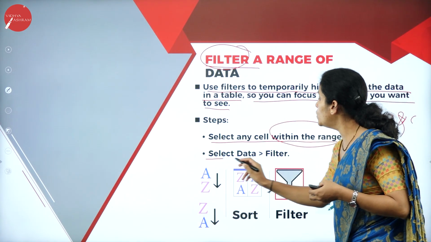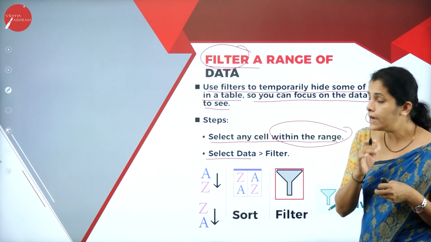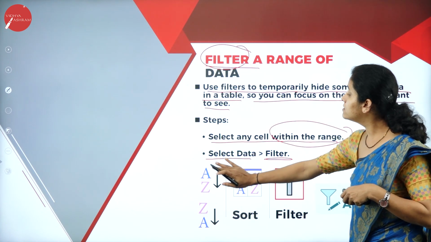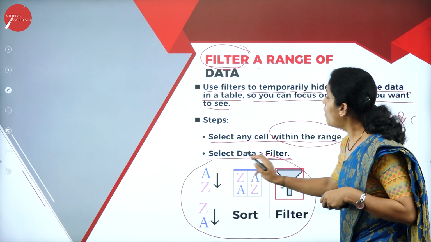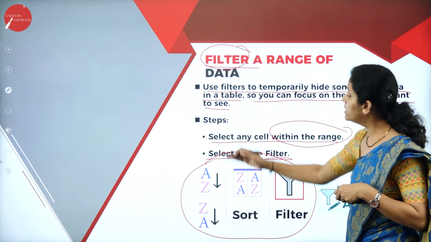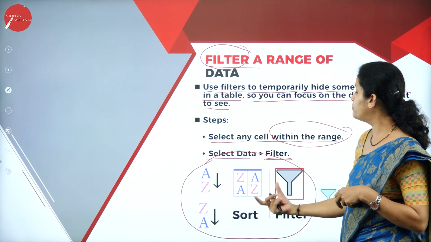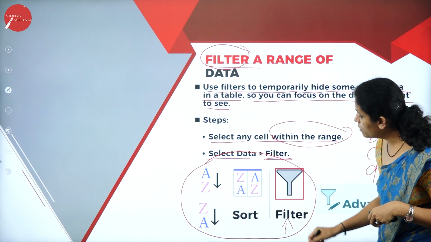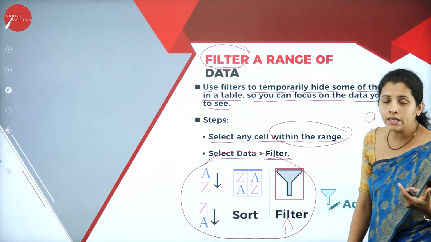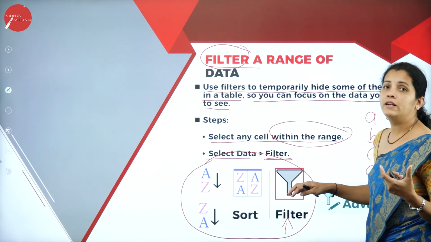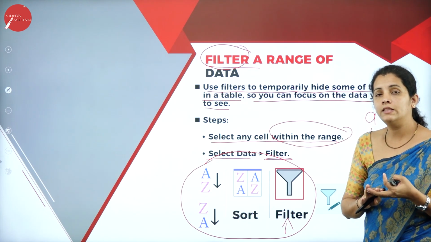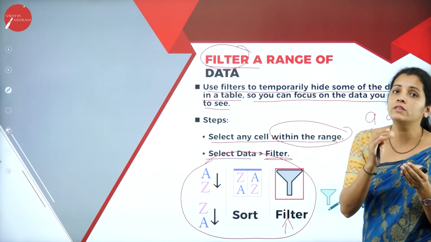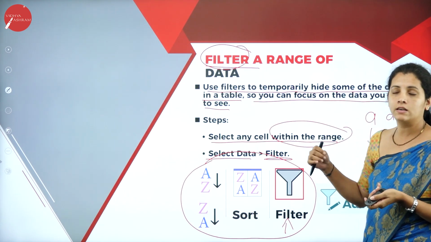Then go to the data tab. Under the data tab, you're going to have the option called filter. So this is the representation of filters. That means under the data tab we have the option that is sort and filter. So what do I want to select? I want to select the filter. What is filter here? Once again, by specifying filter I can display the values. That means I am going to specify the range. Based on that range I am going to get the result.